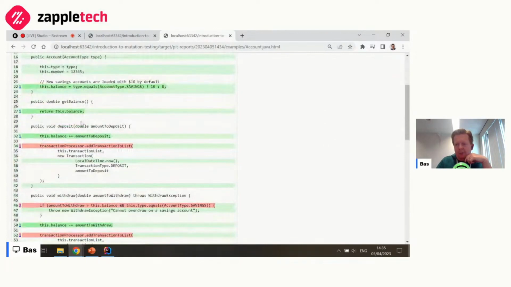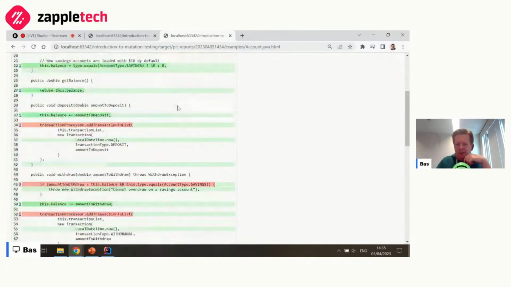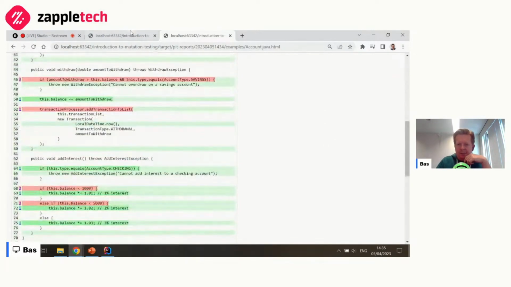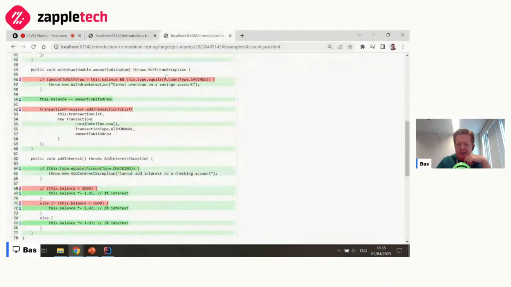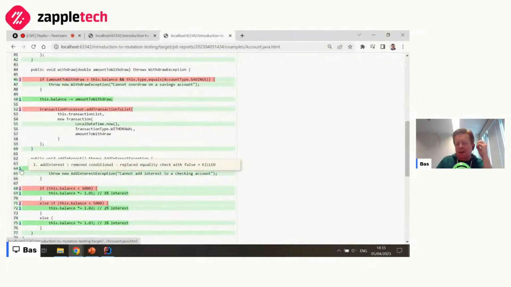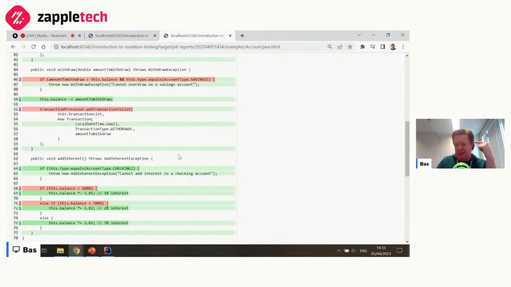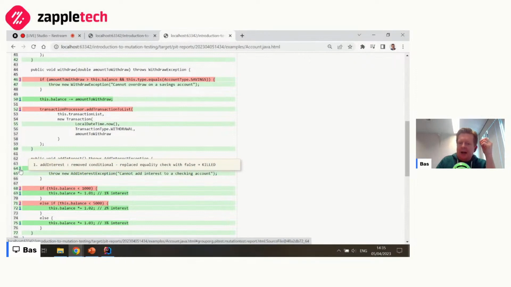And indeed, that whole print transaction thing is now gone. And this part, which was marked as not covered here, is now covered. And mutation testing even tells me this is a pretty effective test, because what it did was replace the equality check with false, which is one of the many mutators included in the default mutator set.